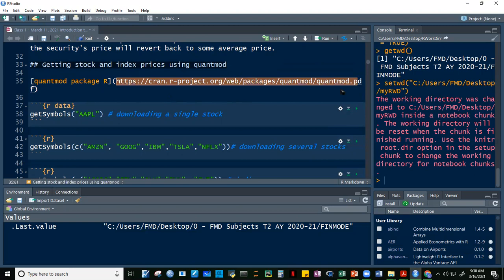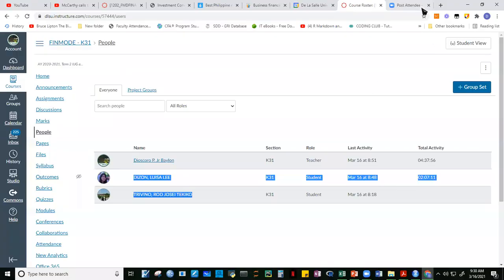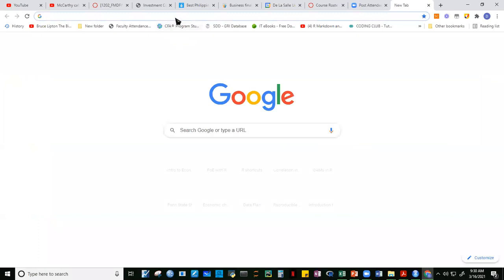If we access this, pakikuha tong site na to, Luisa. If we access that,